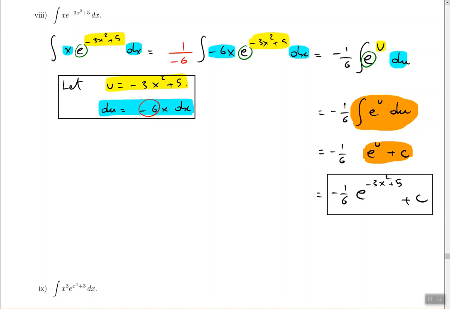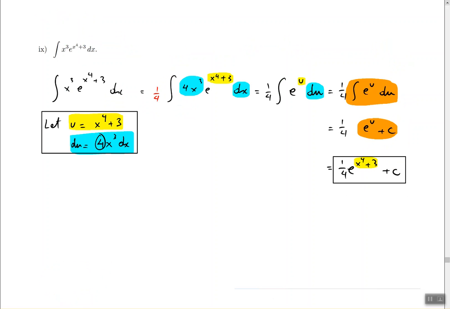So pause the video here for a moment and see if you can do the next problem. See if you can solve this one. And if you can, that's great. That means you learned what you're supposed to learn in this section. If not, then go ahead and review some more and practice some additional problems. Let me know. Maybe I could provide you with some extra help.